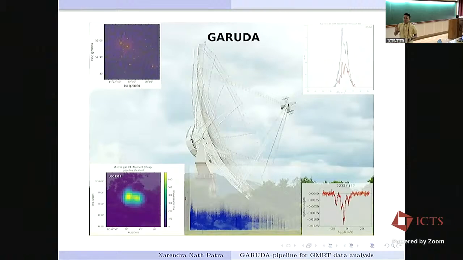Otherwise, identifying RFI is not the problem. The problem is that it won't let you calibrate the data because of so much corruption. So yes, we have used it to analyze 3 hours of band 2 observation, and we got an RMS of between 2 to 3 milliJansky.